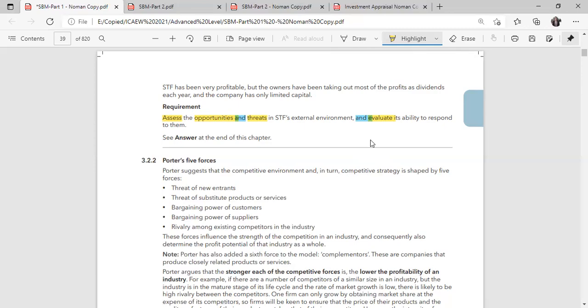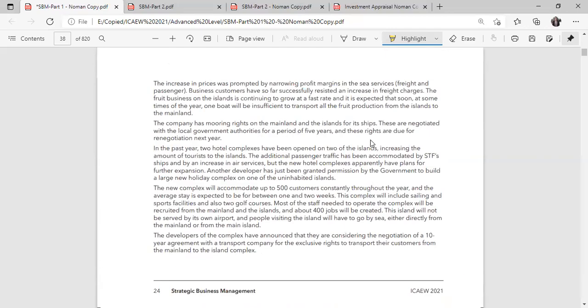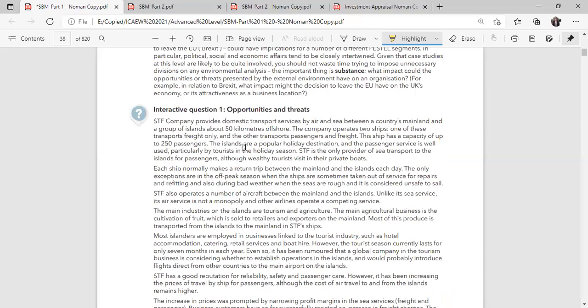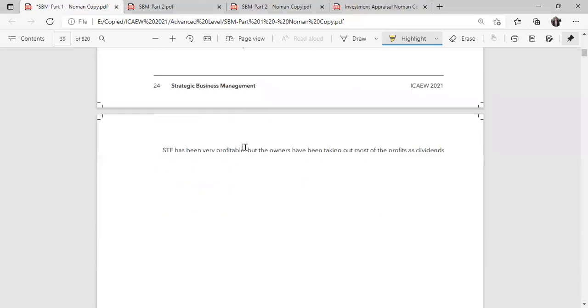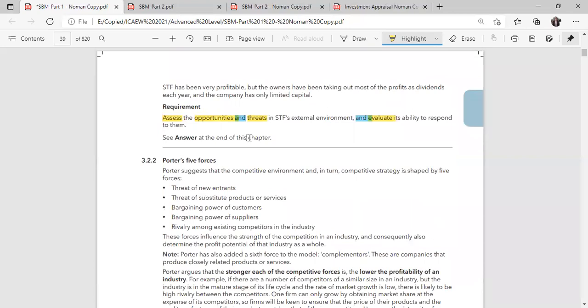So let's read our scenario and then we can move on. Whenever you read the requirement, I always highlight it. Your ICAEW exam software also allows you to highlight. Even highlighting in multiple colors is allowed. That is beneficial because if you use just one color, that is also fine, but it looks like the same thing. If you use different colors, it looks to you as a human being like there are different things being asked. So you can use different colors or the same color, it entirely depends on you.